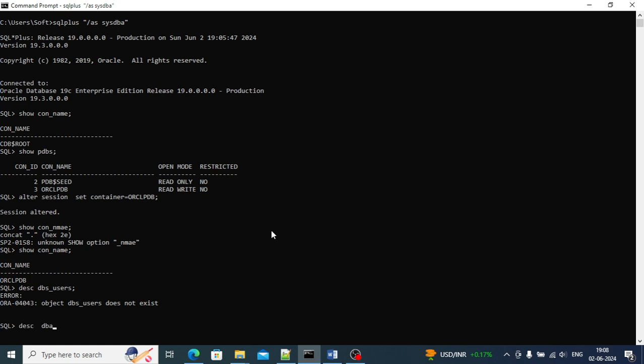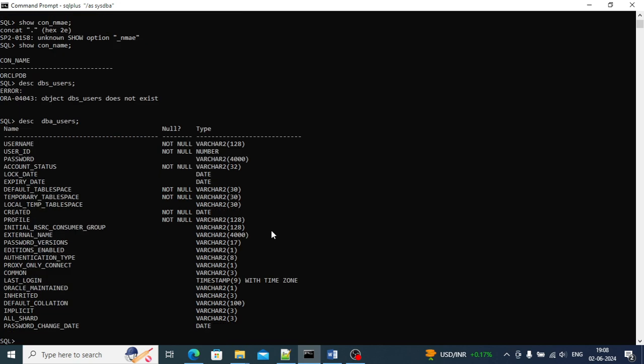Describe db_users. Now you can see user id, password, account status. By this view you can check everything about your user. First of all, we'll see what users are currently available on our machine. So username, comma, account_status,